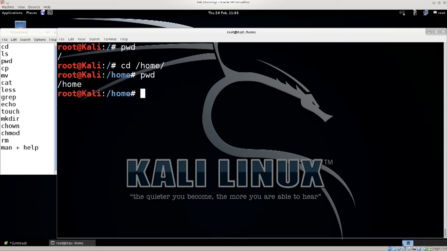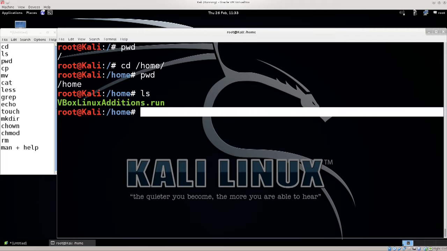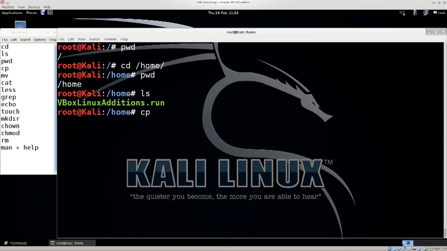Next up, we have our cp command, which we already have used in order to copy VirtualBox guest editions from one place to another. Fairly simple. You type in cp path... Let's not do it like that. Let's do a real example. So if I, for example, go ahead and type in cp vbox guest editions, Linux edition, .run, and let's say I wish to copy it to var. I will delete it, of course, and I'll show you how to do that as well, but it's fairly simple. And if I want,